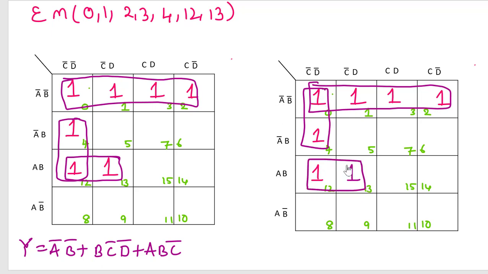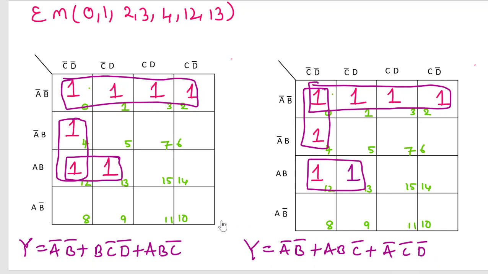If you look at here, now you form a different pair formation compared to the previous one. If you write the output in this case, y equals, for this quad, you're going to have A bar, B bar. If you take this pair, AB of C bar, and for this pair you're going to have A bar, C bar and D bar.